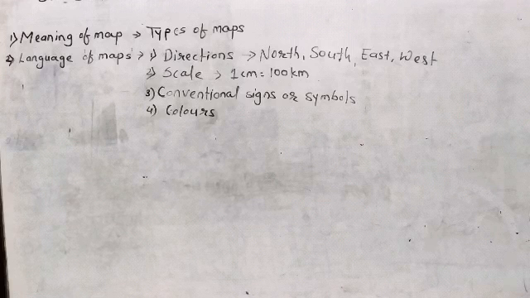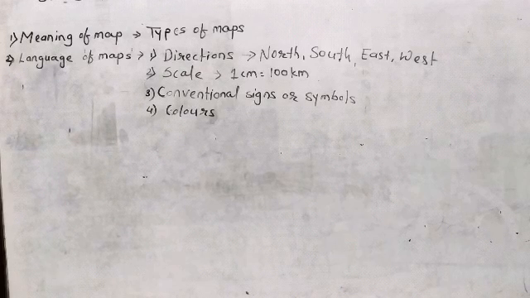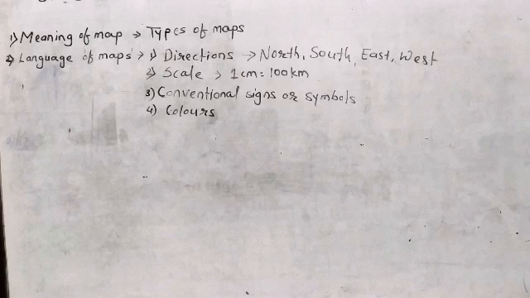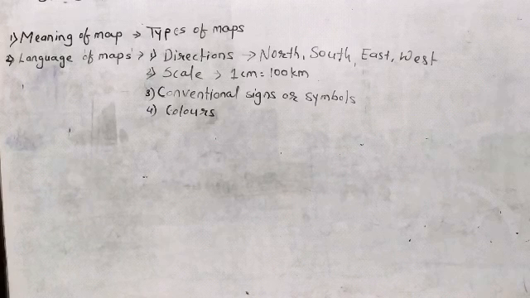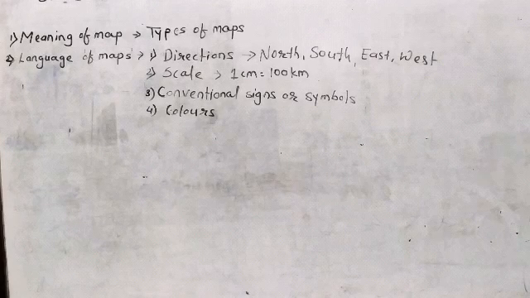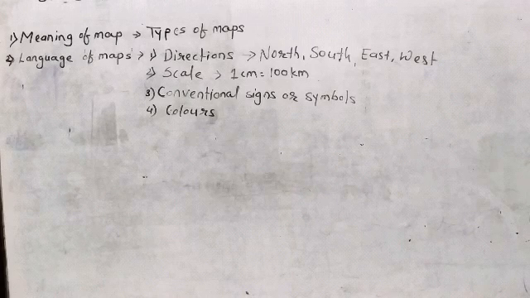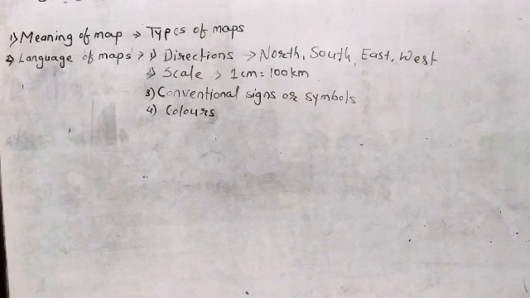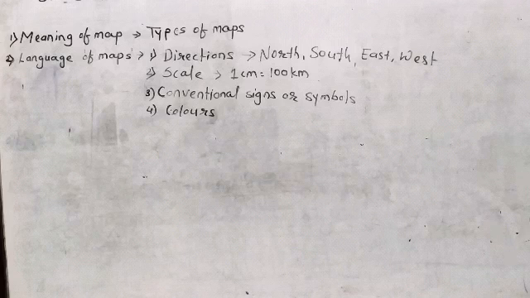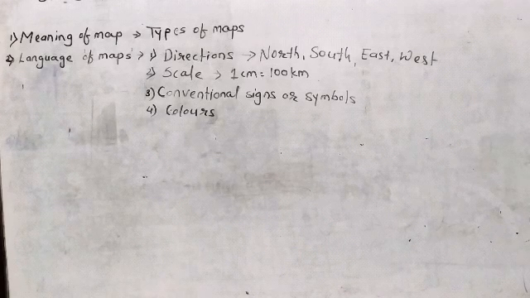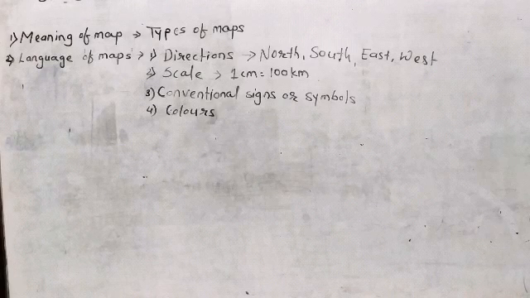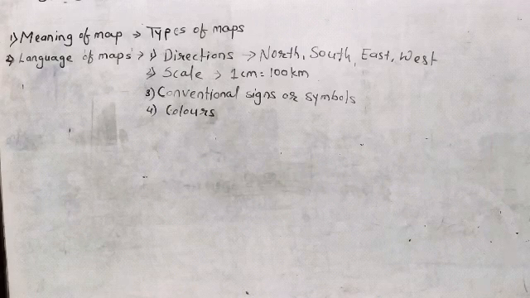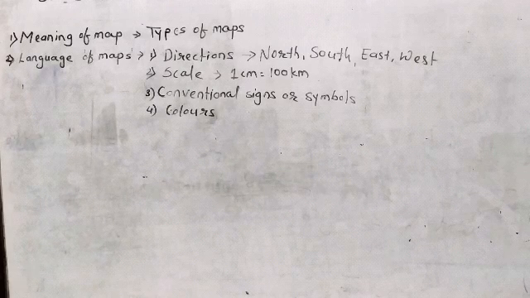Then the third one, we have seen the conventional signs or symbols. So different types of signs and symbols are used to show the various kinds of information on a map, right? So for example, two straight lines show the metal road, and a small circle enclosed by a bigger circle shows the capital city. Likewise, suppose we see TO, that shows us the telegraph office. Suppose there is a written PS, that shows us police station. Likewise, if we see RH, that RH shows us the rest house. So these all are the conventional symbols and signs which show something on a map.